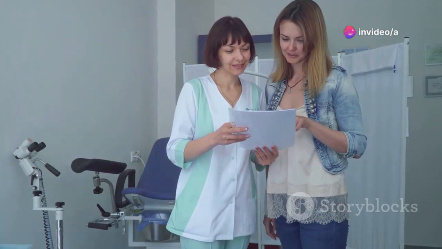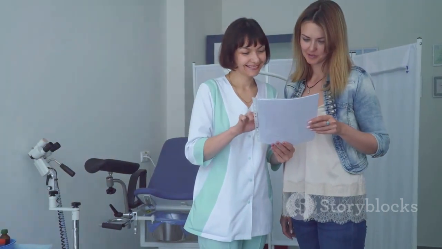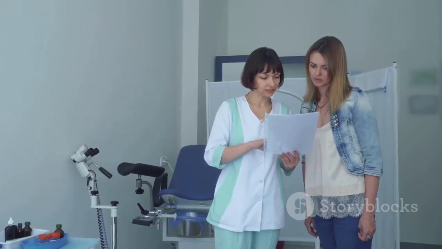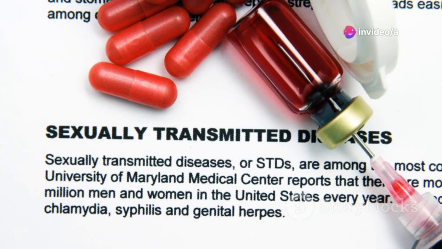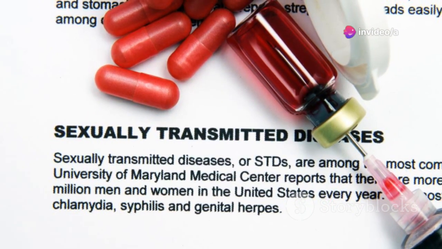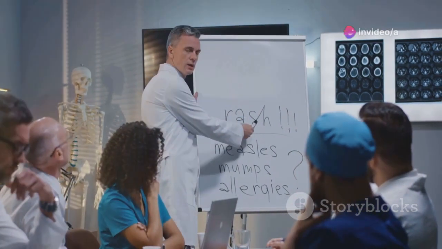Bacterial vaginosis, on the other hand, is not always considered an STD but can be associated with sexual activity. It occurs when the natural balance of bacteria in the vagina is disrupted. BV can cause a fishy odor, unusual discharge, and discomfort. These infections, though less widely discussed, can cause discomfort and lead to complications if left untreated. It's crucial to be informed about all potential risks associated with sexual activity.